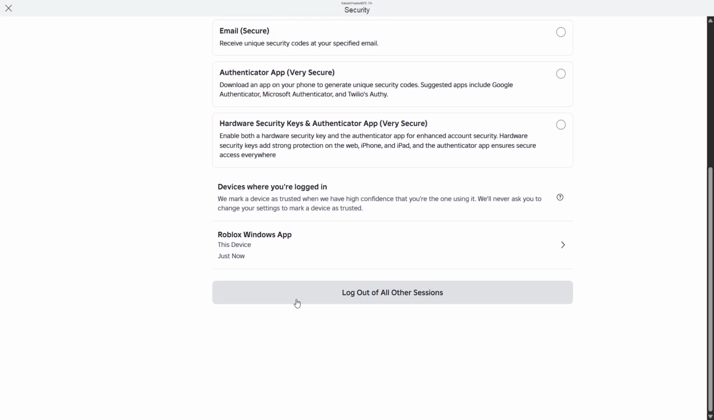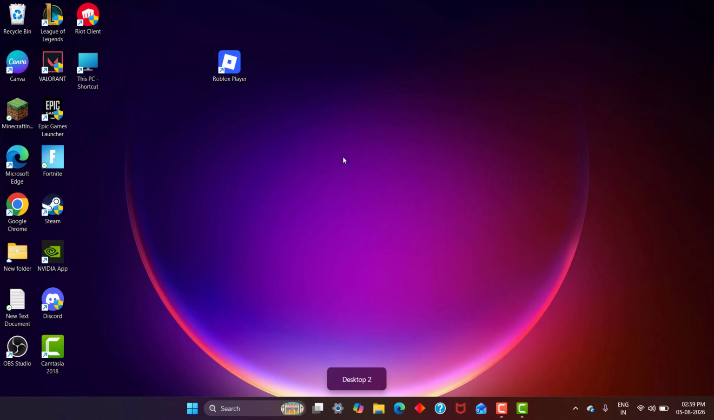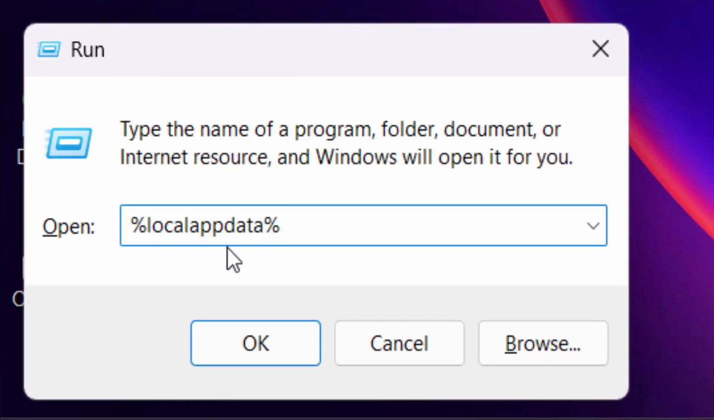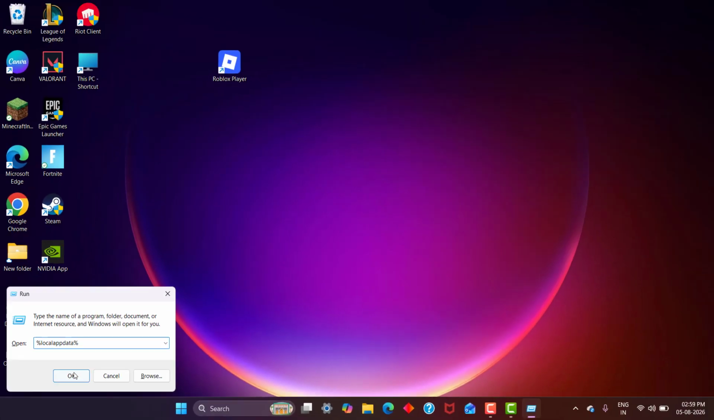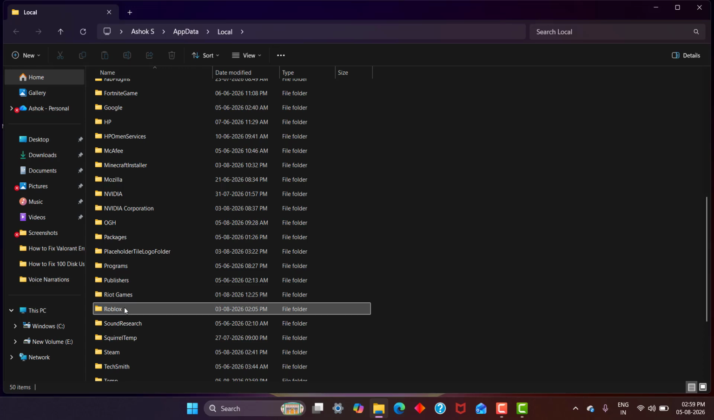scroll down, click the logout of all other sessions section, click it and click logout. Next step, open Run and type the following text, percentage local app data percentage, click OK, scroll down and search for the Roblox folder, click it,